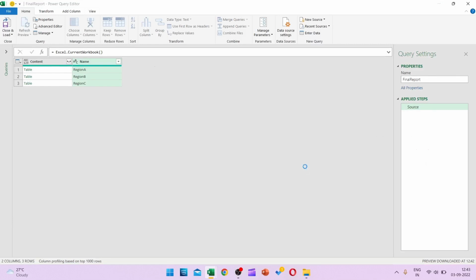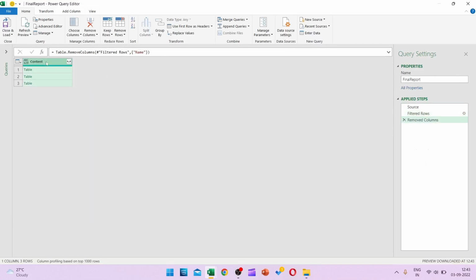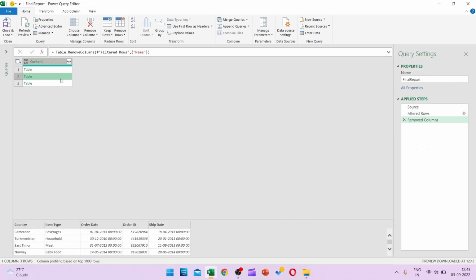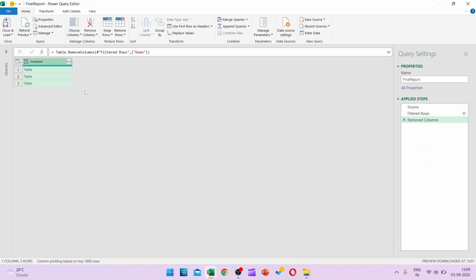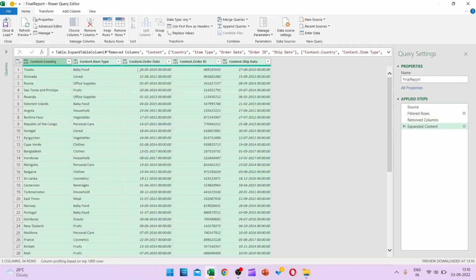So I'll click OK and done. I don't need this column, so I'll remove this. I only need this content, because this is the content that we have here, three tables. Next, we will click on this particular icon and press OK. Now you will see all these tables are populated and merged in a single table